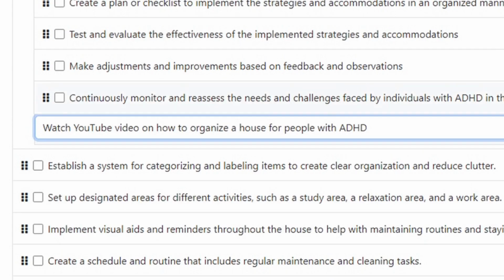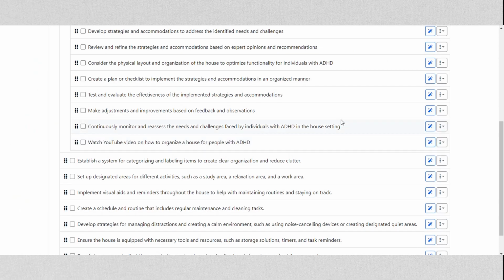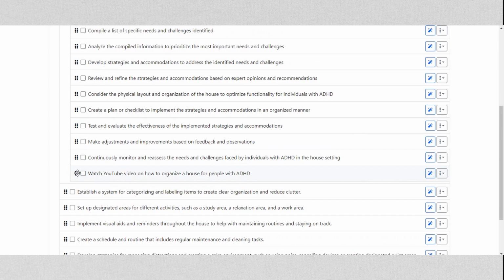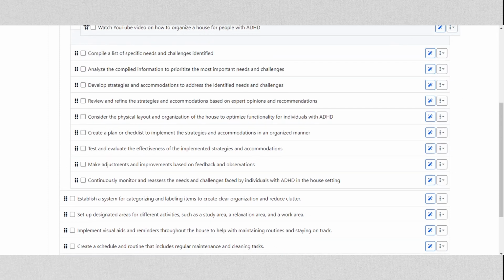Maybe as part of your research, you want to watch a YouTube video about how to organize a house for people with ADHD. And perhaps you want to start with that task. So you can click on this grid icon and drag it to the location that you would like it to